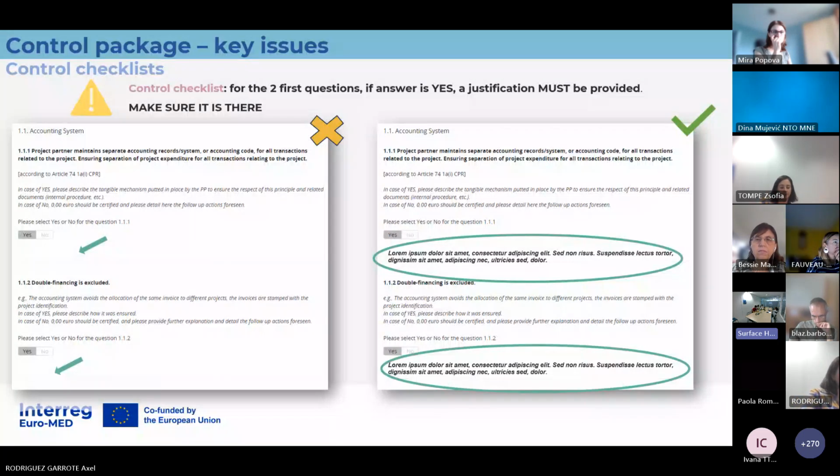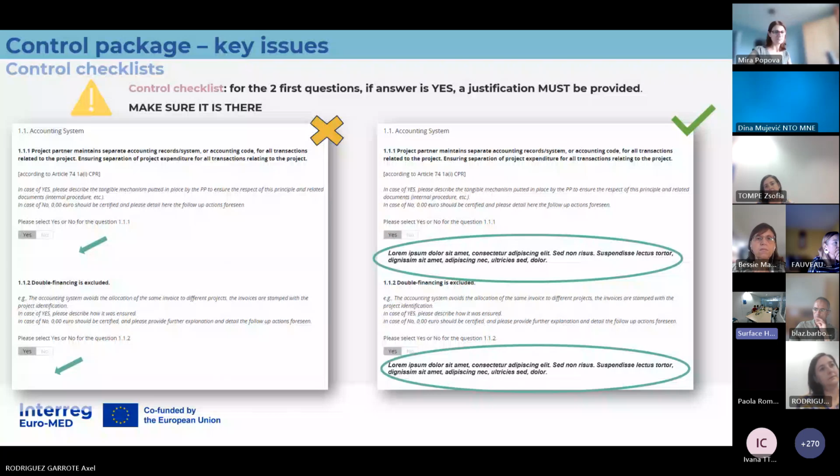If I may, yes. If now you realize, because I know that some of you have already certified their expenditures, if you check and then you see that an answer has not been provided for the first two questions of the control checklist, don't panic.